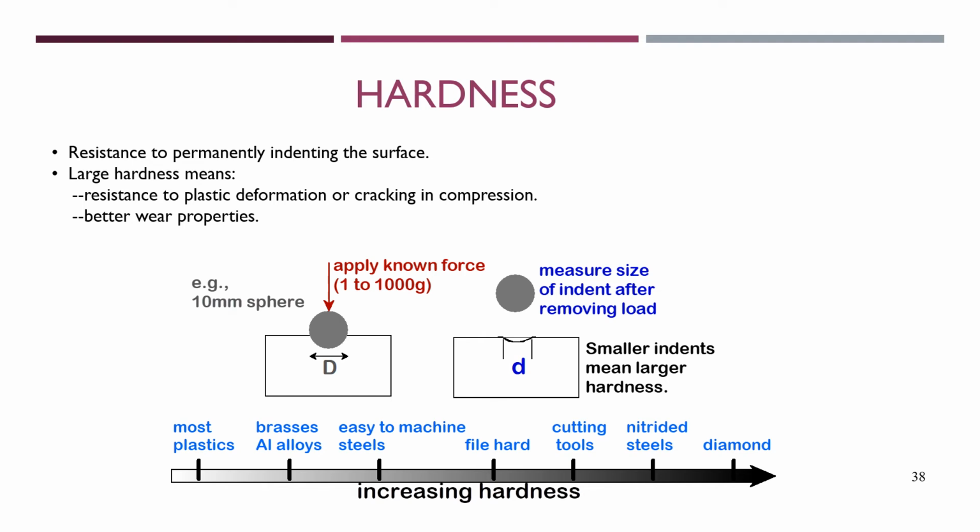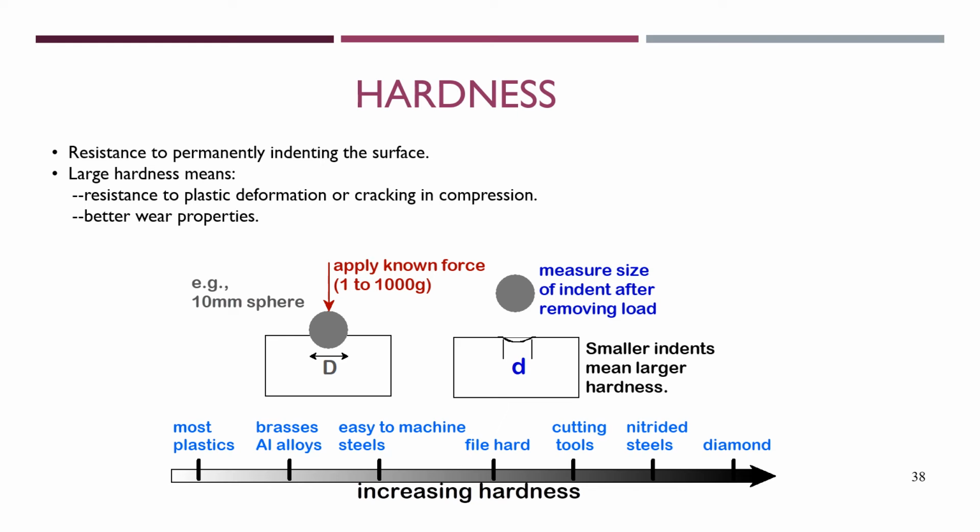Now, let us look at how hardness works. As I have mentioned before, hardness is the resistance to permanently indenting the surface. So you have a surface here, and then you have your indenter. In this case, the indenter is a small ball. It might be steel, it might be titanium, okay? So the size of the ball is 10 mm in sphere shape. So imagine when you force this ball